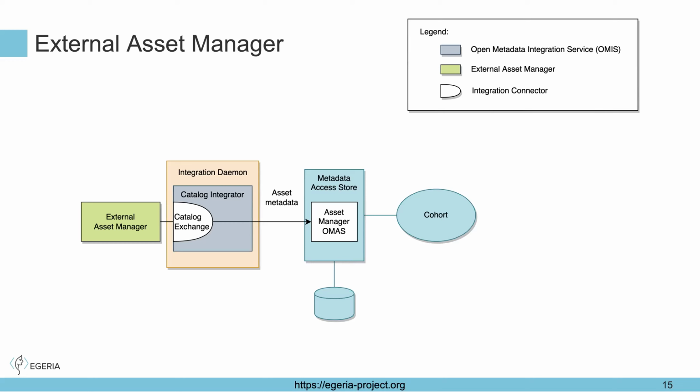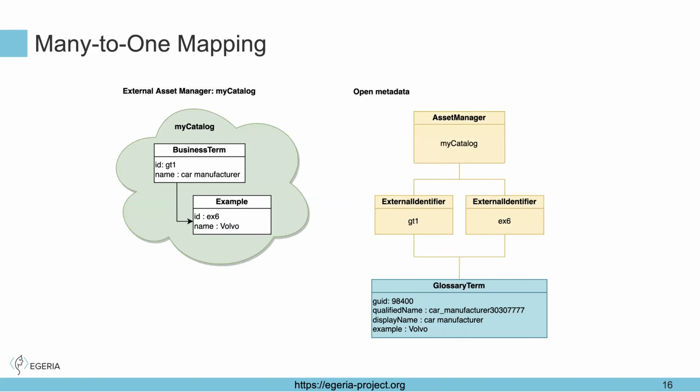We also need to make sure that, because we may have a two-way synchronization going on, some things are owned by the external asset manager, and some things are owned by the open metadata. So that's why that is a slightly more sophisticated sister API. And what's going on is that the integration connector is managing mappings of external identifiers, and there's a specific type